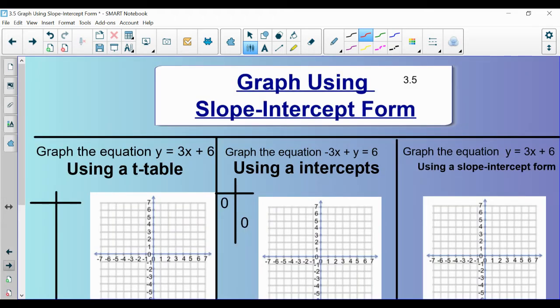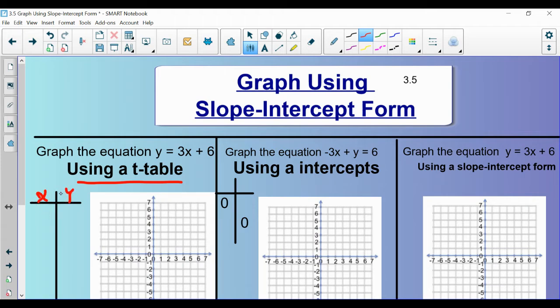Let's take a little bit of time to review some things, and then we'll get into the new content. The reason I'm framing this is because I want to talk about all the different ways that we have to graph, one of which is called using a t-table. If I want you to graph using a t-table, what I'm asking you to do is